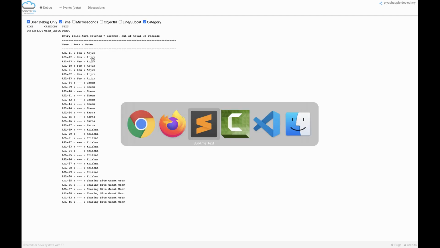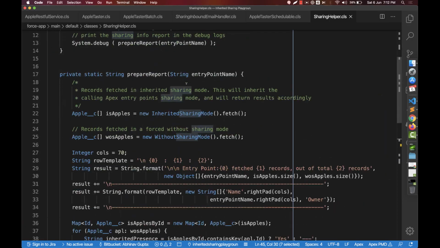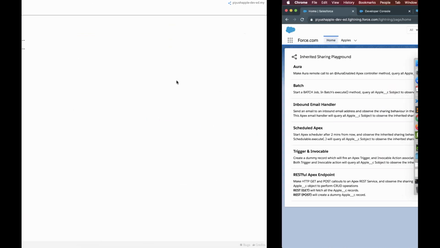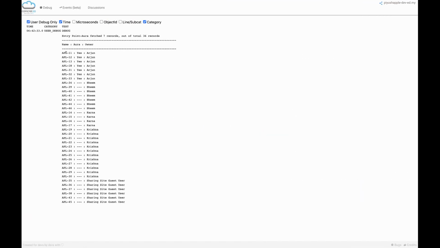Now, as I was saying, don't worry about this sharing helper method. The report which is coming here is this one. It says that aura was the context which was passed in, Arjun was the user, and if you see, it is running as Arjun, so it can only see the limited records which Arjun has created, or where Arjun is owner, because the sharing model is private.